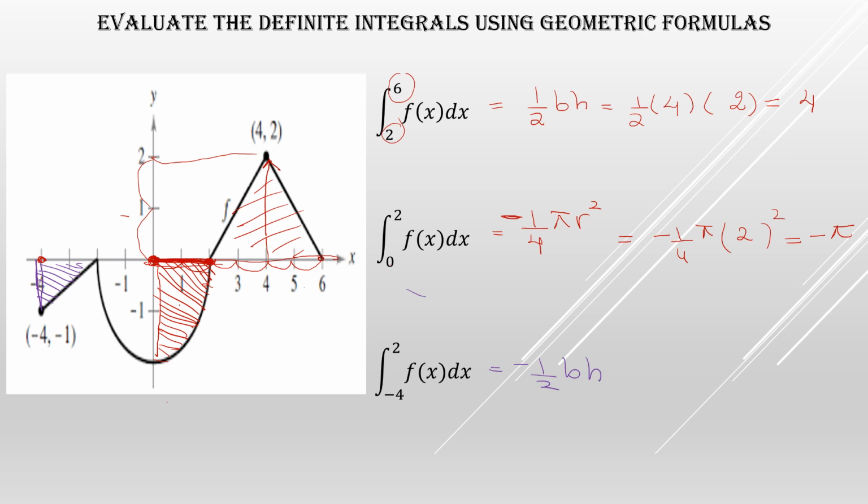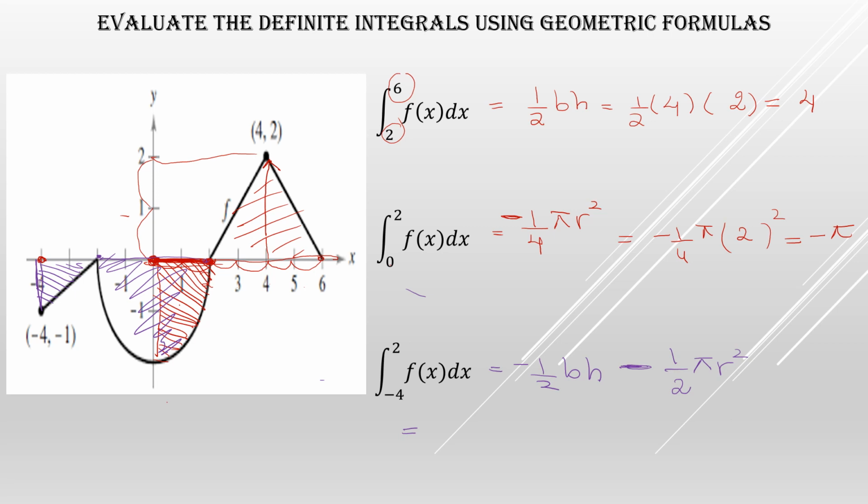After that one, you have a figure from negative 2 till 2. There is only one figure which is called a semicircle. It is also below the x-axis, so you will write it with the negative sign. The circle has a formula pi r square, and it is semi, it means half of the circle, so you will write here half. Now read one by one.